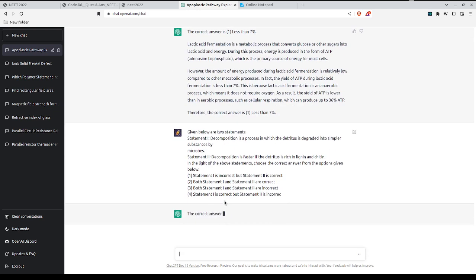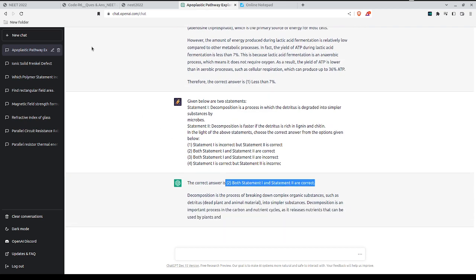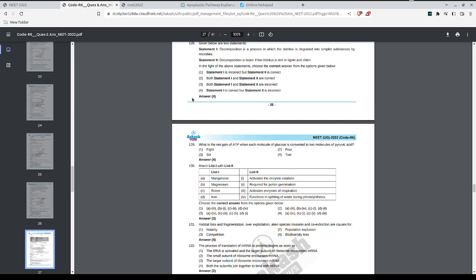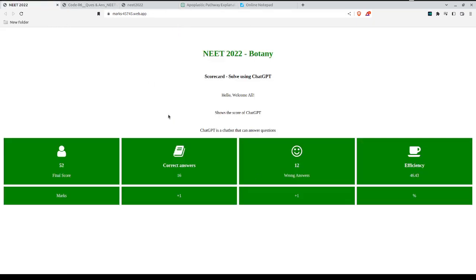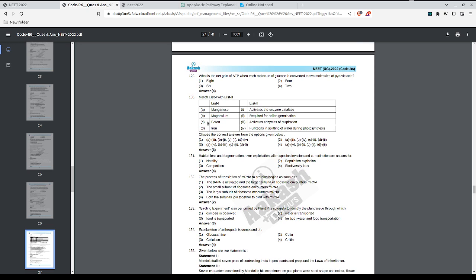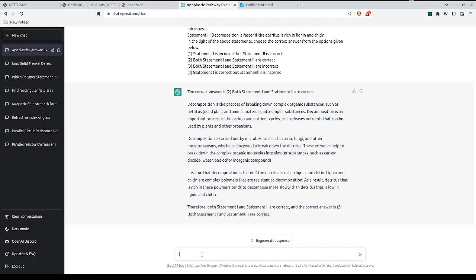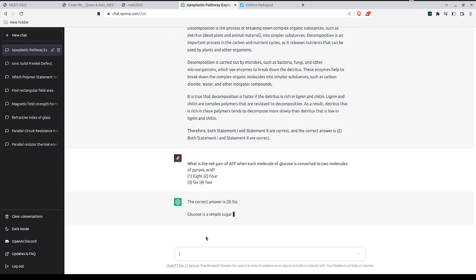Given below are two statements. Statement I. Decomposition is a process in which the detritus is degraded into simpler substances by microbes. Statement 2. Decomposition is faster if the detritus is rich in lignin and chitin. In the light of the above statements, choose the correct answer from the options given below. 1. Statement I is incorrect, but Statement 2 is correct. 2. Both Statement I and Statement 2 are correct. 3. Both Statement I and Statement 2 are incorrect. 4. Statement I is correct, but